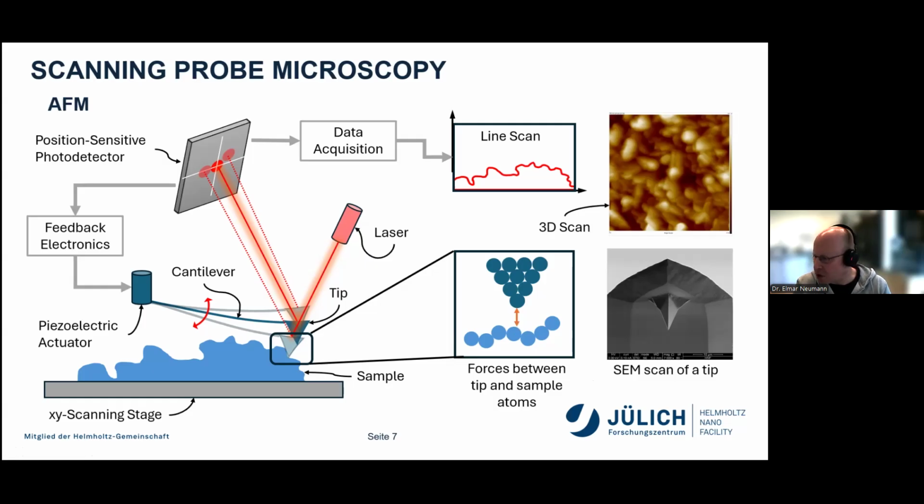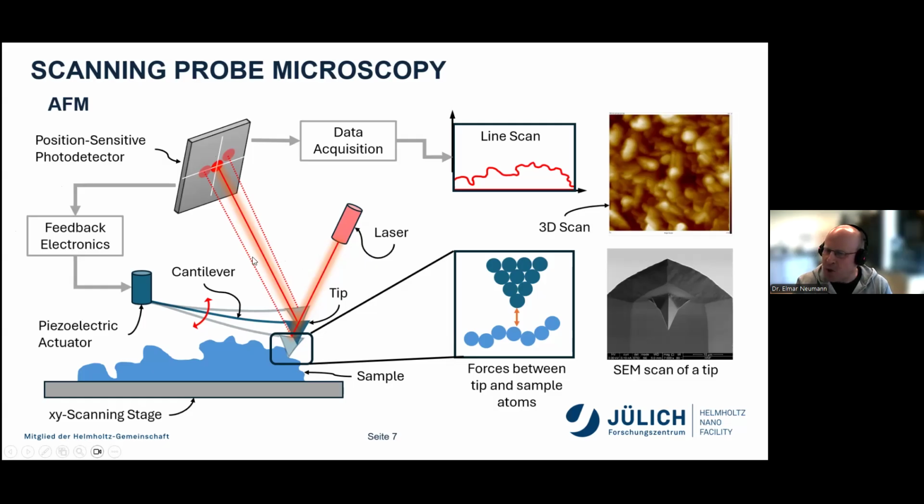If you come closer and closer, you will soon measure some attractive forces before you again measure repelling forces. And these forces can be measured, for example, by focusing a laser on the top side of the cantilever, and then measuring these very small deviations or movements during the scan